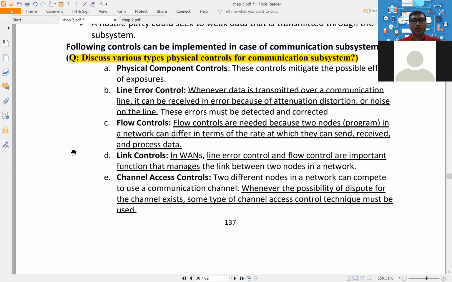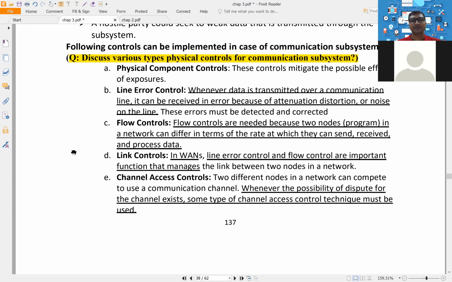Flow control. Right now, what I'm speaking and what you are receiving: if I speak fast, it is not possible for you, my dear students, to grasp everything, because my speaking speed and your receiving speed may not be the same. In that case, data loss will happen. So I should speak at such a speed which you can receive. Sender speed and receiver speed should match. That is what is called flow control. Link control: the errors which can happen on a LAN, like line error and flow control, can also happen on a WAN, the internet. So for that we have link controls.